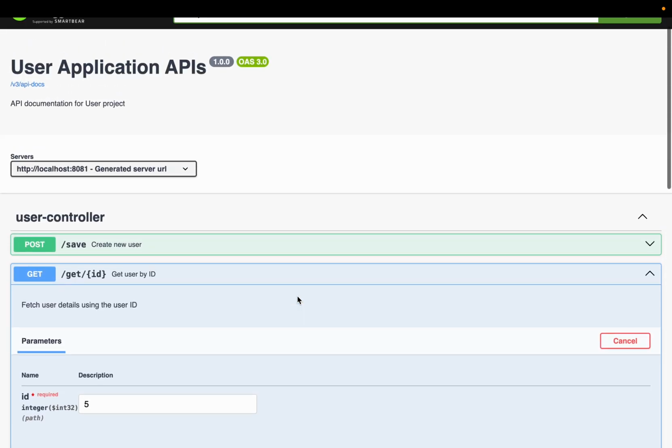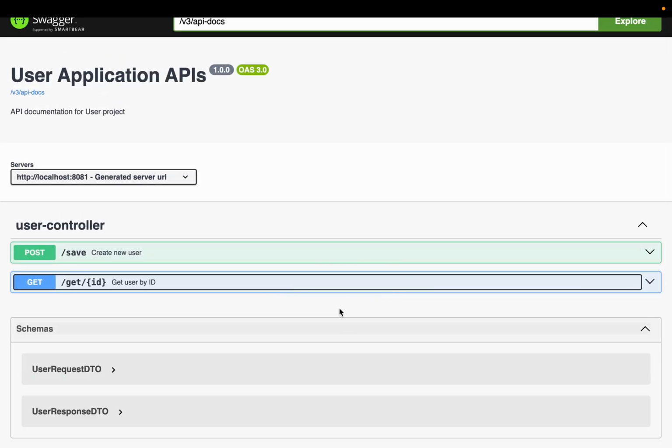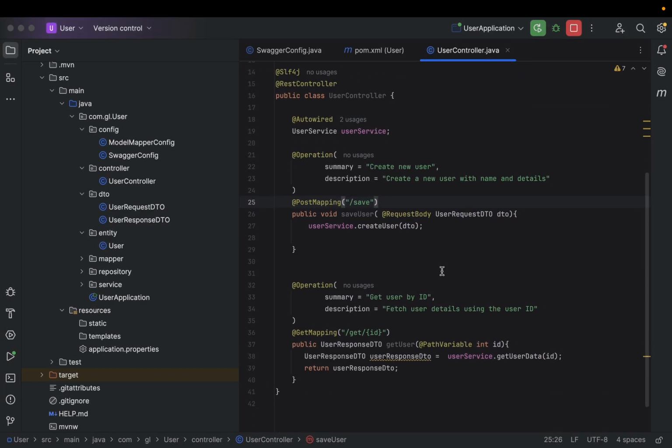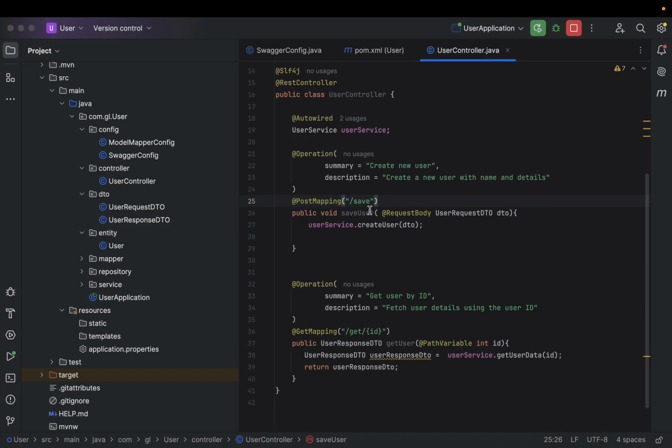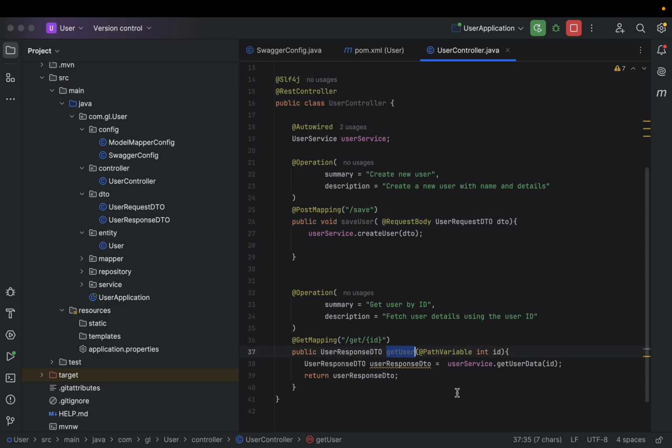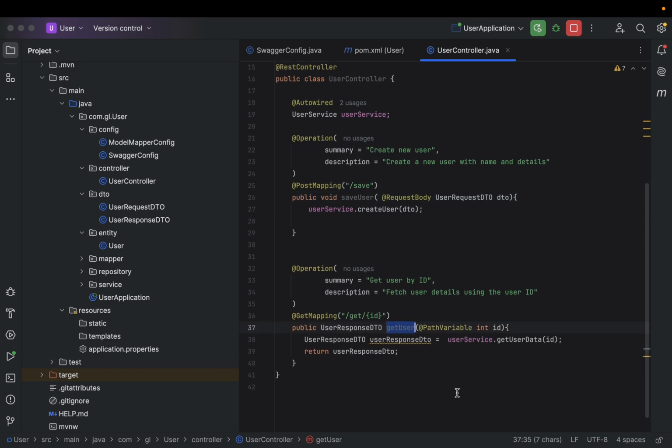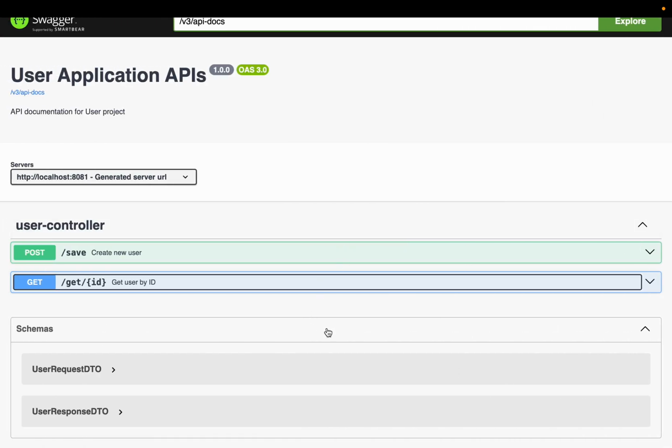In my application there are only 2 APIs, so here it is only showing 2 APIs. If you have 10 APIs, it will show all the 10 APIs. As you can see, I have only the post mapping, this save user and get user, for a demo. If you have 10 APIs, it will document all the 10